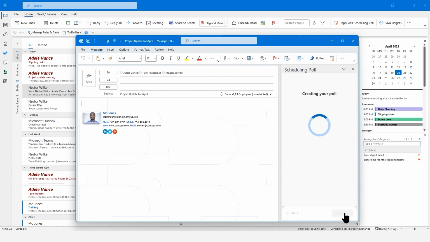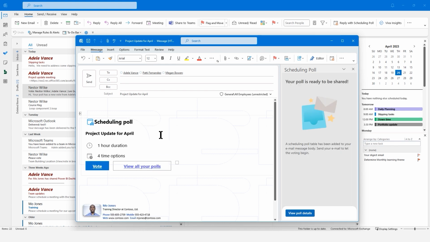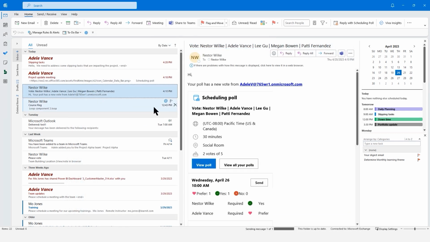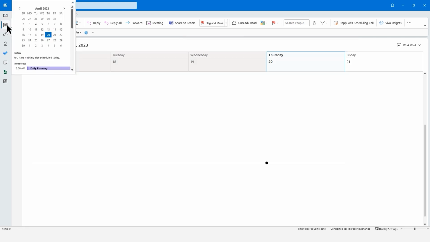I'll go ahead and click on Create Poll. We can see that the poll is attached here in the email, and just follow the instructions here. I can view the details. I'm just going to go ahead and send this poll out. And there we go. So once it's sent out here, I'll go ahead and take a look at my calendar,